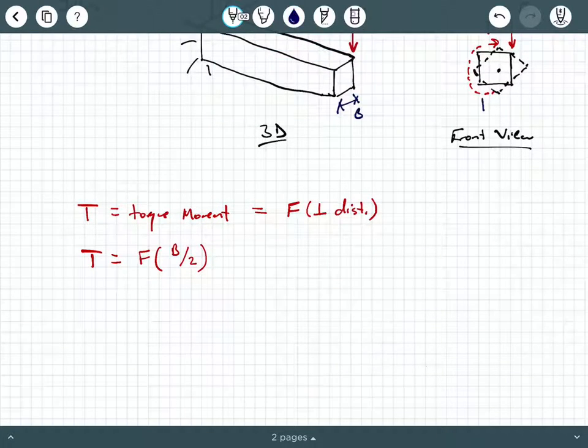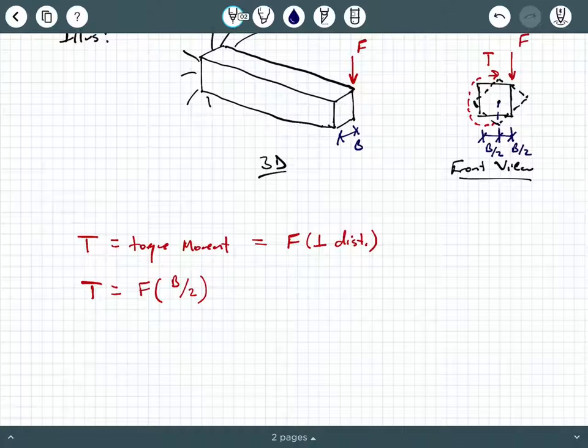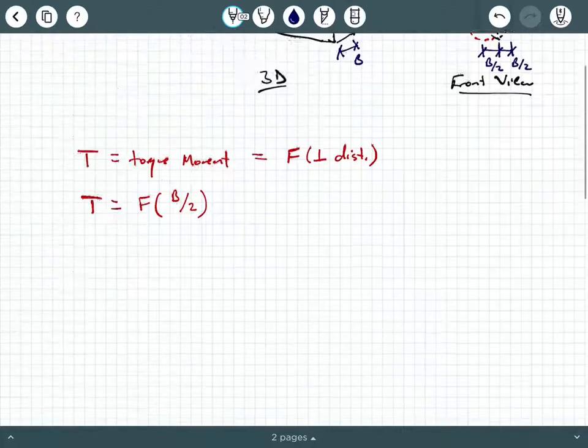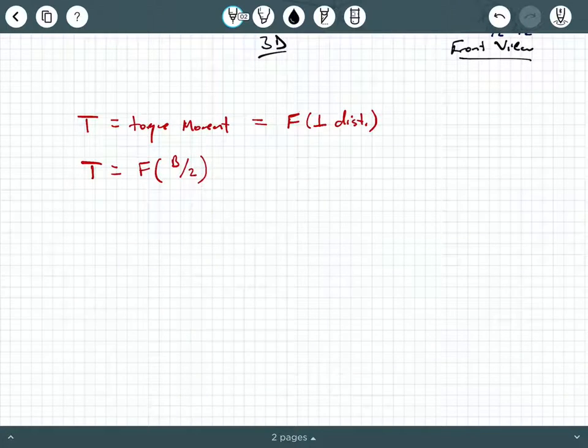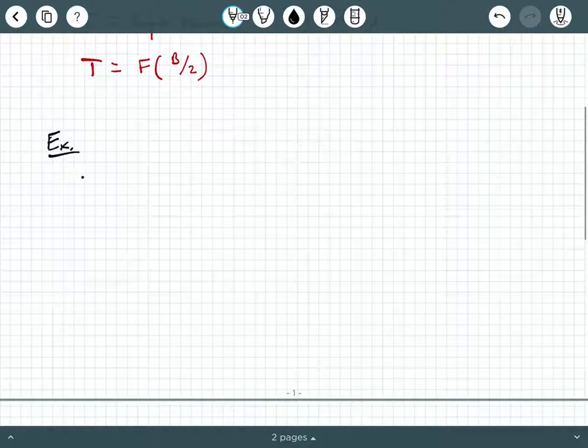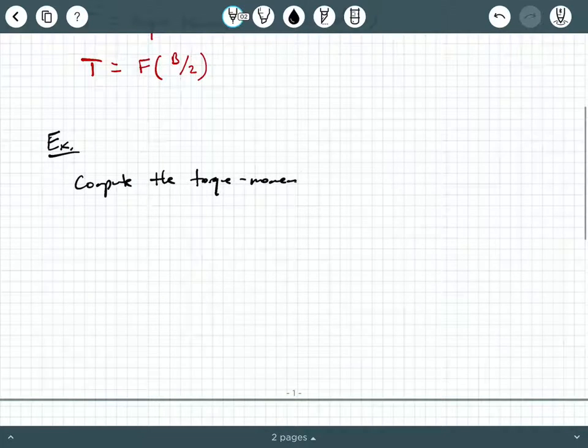Because in this view right here, here is B, this is the total width B, but the center of that cross-section is at B over 2. So that's the tendency of rotation of this cross-section, okay? So let's look at another illustration, or maybe more of an example. We'll call it an example. I want us to compute the torque moment